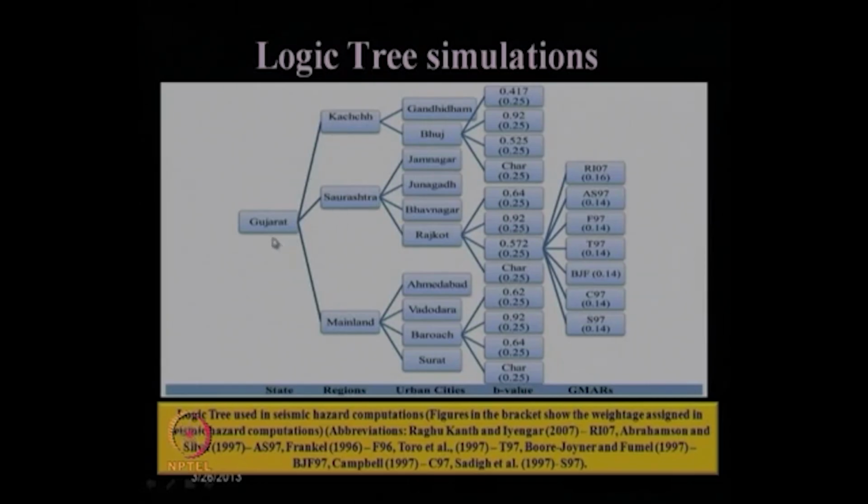cities. First, Gujarat has been subdivided into 3 major regions, and within each region we have taken several cities, only a few of which are mentioned here. Actually, all are taken care of, and suitable weightage factors are given for each city corresponding to these 4 different models. That is the b value which has to be chosen finally, and all the 7 attenuation relationships, or all the 7 ground motion prediction equations, were considered to get the weight factor which has to be applied for the